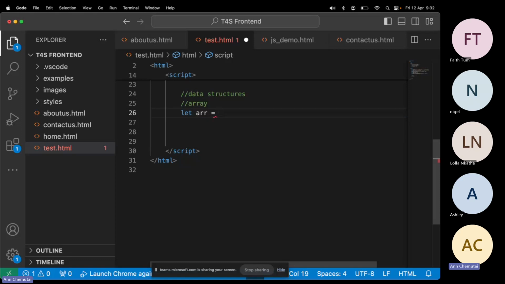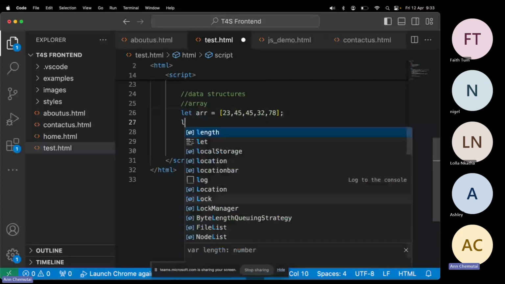Now to create an array, we use square brackets. An array in most programming languages, including JavaScript, is placed within square brackets. And then we can have our data inside. So let's start with just simple numbers: 23, 45, 45 again, 32, 28, and so on. Okay. Then another array,